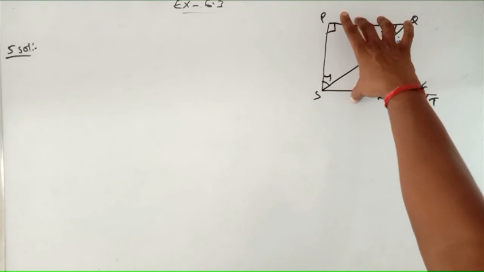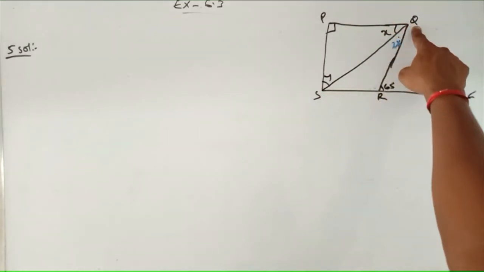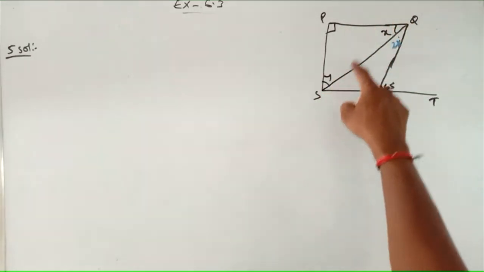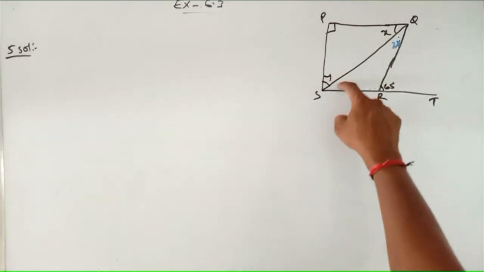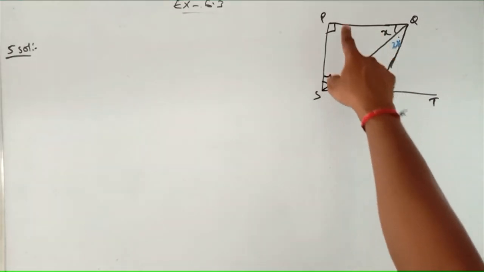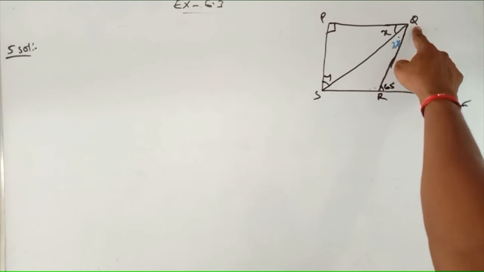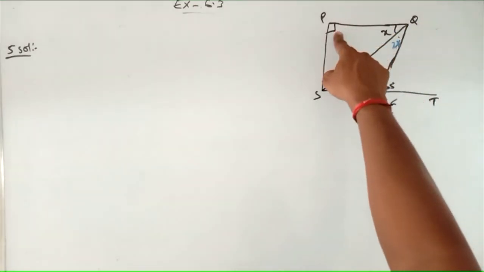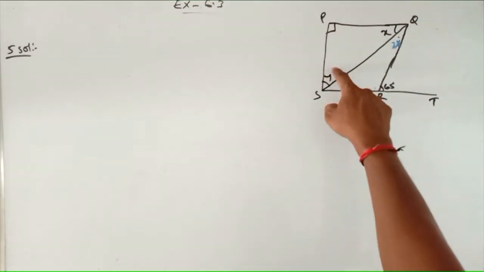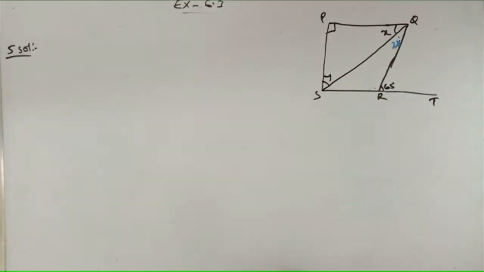Now PQ and SR are parallel lines. Then SQ is a transversal. Then these two will be alternate angles. X value I will know by solving this. Okay. Now I am considering PQS is a triangle. It is clearly perpendicular, meaning 90 degrees, 90 and this value. Then by angle sum property, I am going to find the value of Y. So X value we will get and Y value we will get. So let's do.